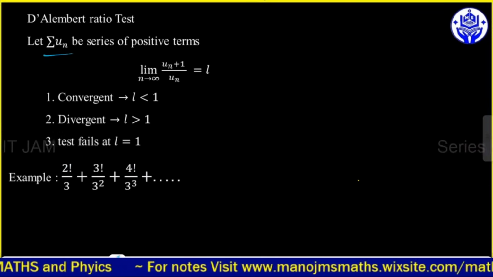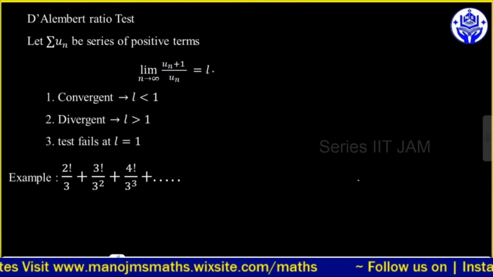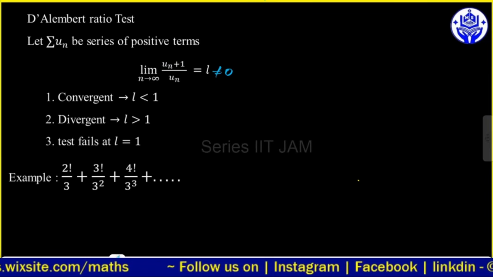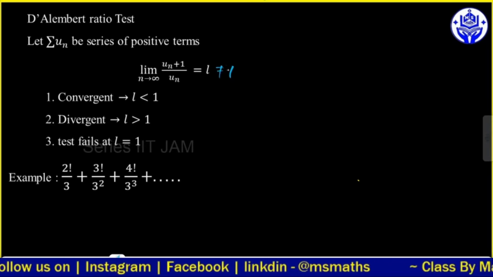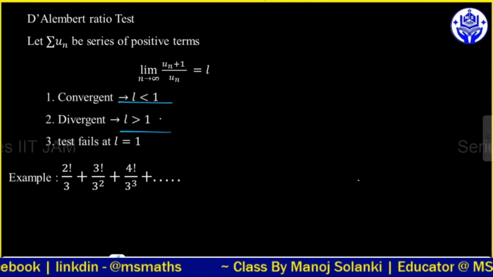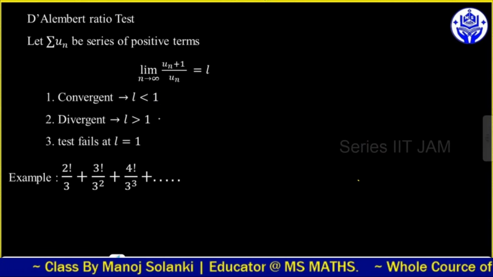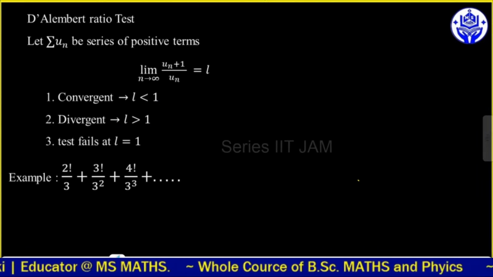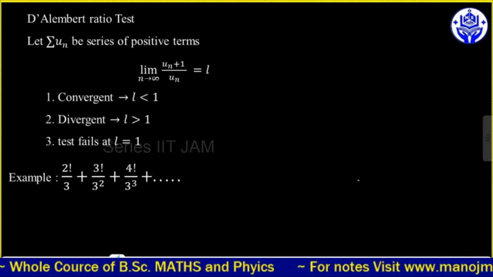सो अगर आपके पास un पॉजिटिव टर्म्स की सीरीज है और उसमें un+1 अपॉन un की लिमिट आपको फाइनाइट नॉन जीरो वैल्यू L मिल रही है, तो L फाइनाइट होना चाहिए, सॉरी, ये 1 नहीं होना चाहिए। अगर वो 1 से लेस देन है, नॉन जीरो हो सकता है, कोई दिक्कत नहीं है। कन्वर्जेंट होगा जब L लेस देन 1 होगा, डाइवर्जेंट होगा व्हेन L इज ग्रेटर देन 1, और ये टेस्ट फेल कर जाएगा एट L इज इक्वल टू 1। अगर आपको L की वैल्यू 1 मिल जाती है तो टेस्ट फेल हो जाएगा, वी विल यूज द नेक्स्ट टेस्ट, हम आगे के टेस्ट को यहाँ पे यूज करेंगे।